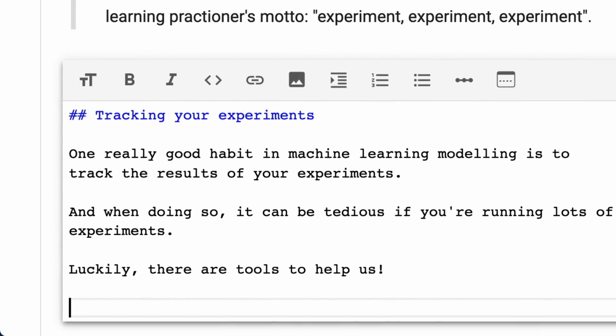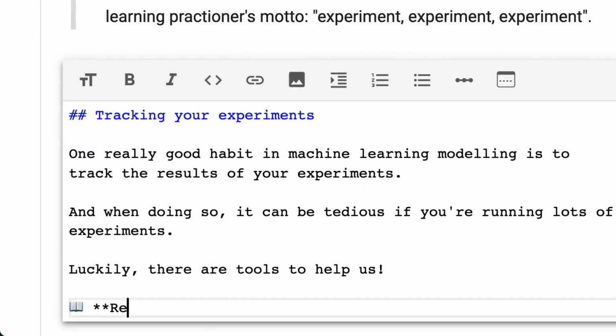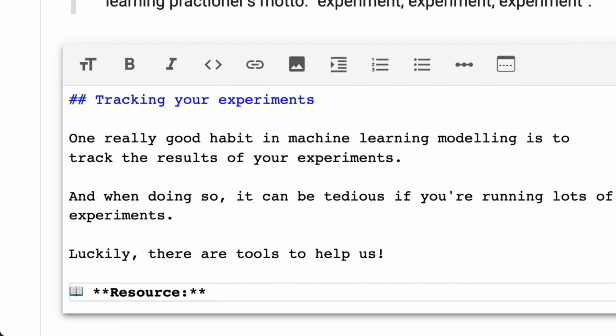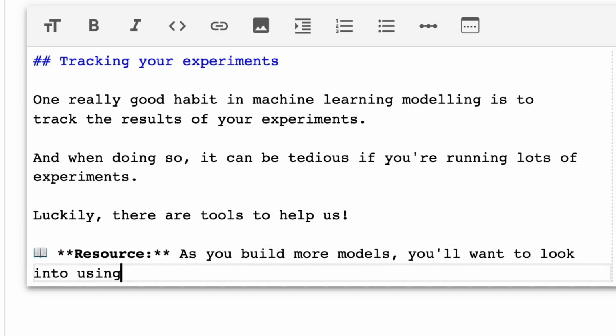So the first one, this is a resource. We're going to put the little resource emoji here. Remember, all of the resources, exercises, extensions, etc. are in the course GitHub, and there'll be links where you can find all of these things. So resource, as you build more models, you'll want to look into using